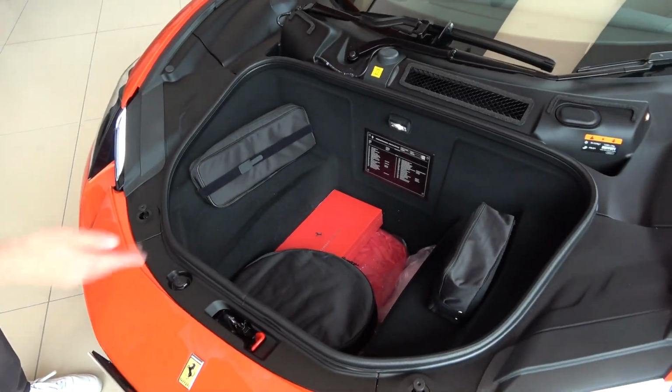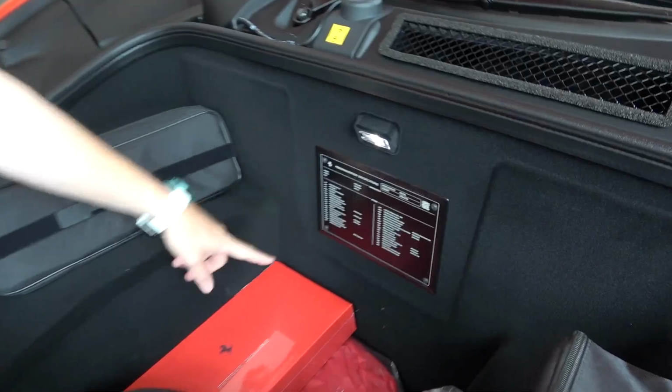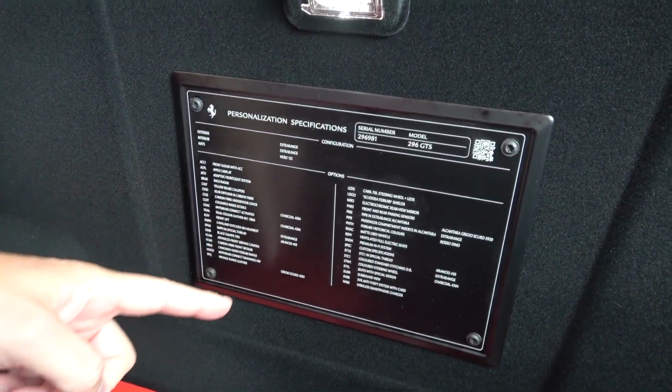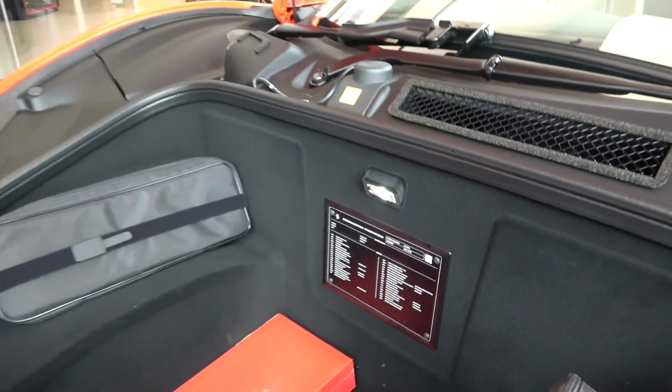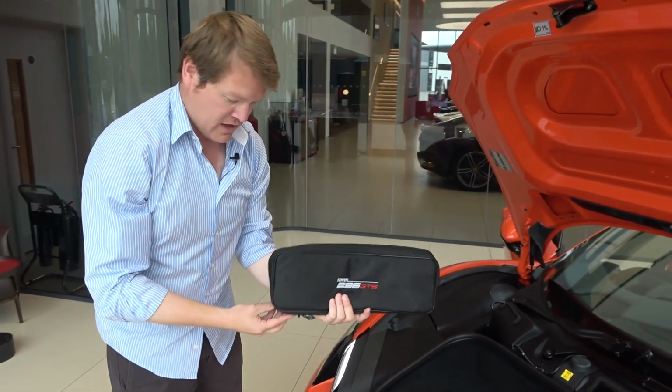Luggage space, we have luggage space. We also have the plaque down here, which shows you all of the options that I've got on this particular car. So the charcoal interior, the Arancio stitching, Grigio Scuro for the seat leather, all of the other details and spec. Then inside, if we just open up and show you some of these things, some of the goodies that